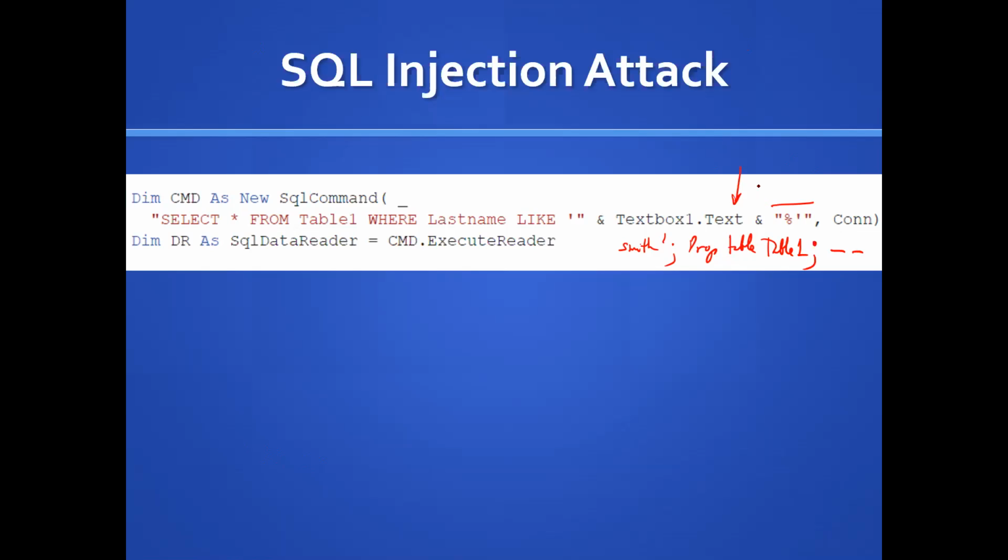So by doing dash dash here, what you're basically doing is you're rendering all of this as non-existent. It's like you got rid of it. And so now you've succeeded in what you wanted to do. Okay,